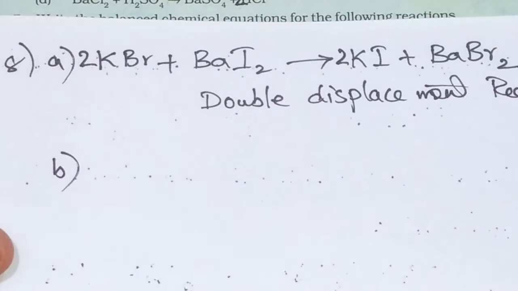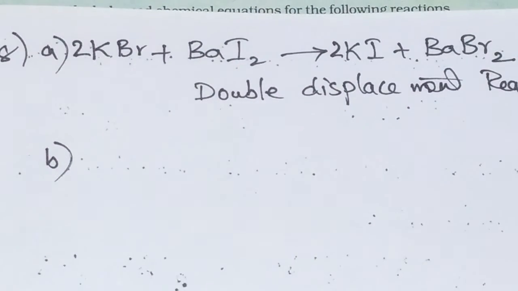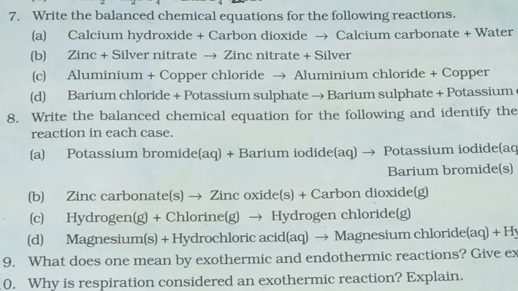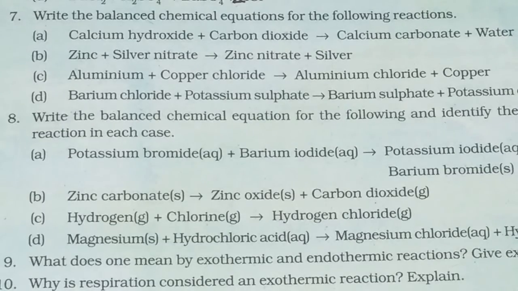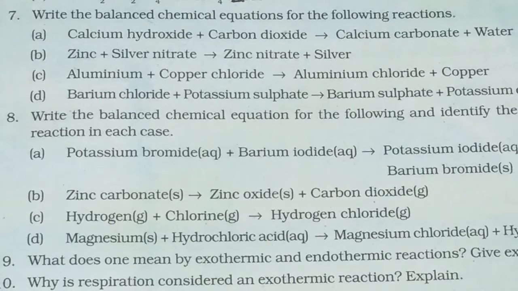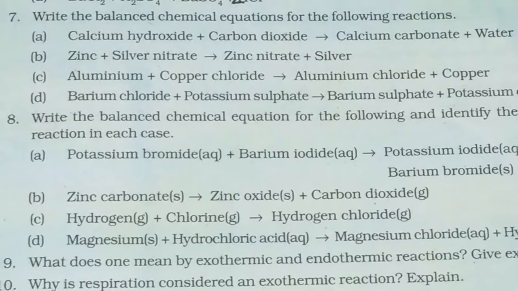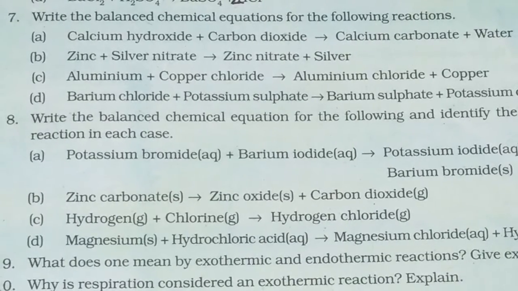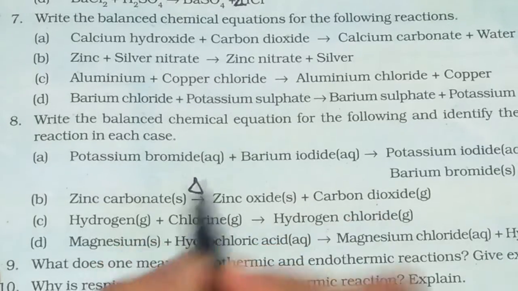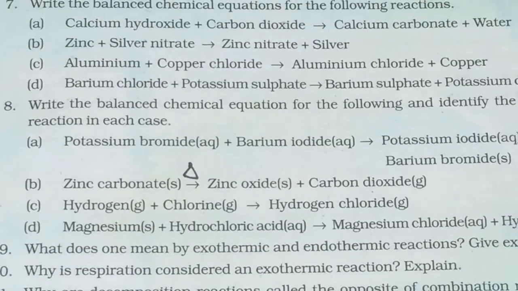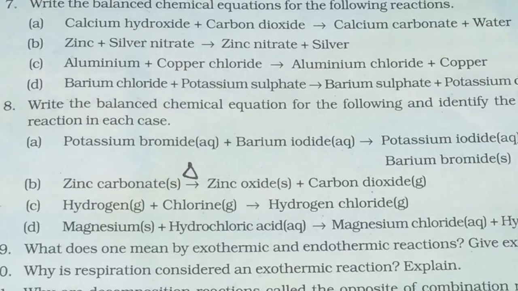Next, question B. Let us see what is the question given in textbook. Here the next question is given as zinc carbonate reacting with zinc oxide forming, here they have given only, okay, the reaction is given zinc carbonate is forming zinc oxide and carbon dioxide. Okay, so zinc carbonate, what happens on heating, it is going to form this. So this we can say as a decomposition reaction, that too thermal decomposition reaction. Let us write the equation and also balance.